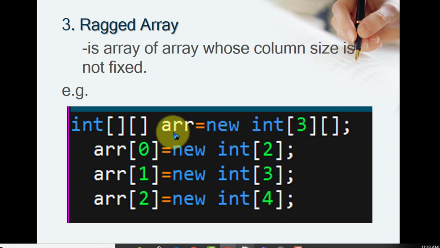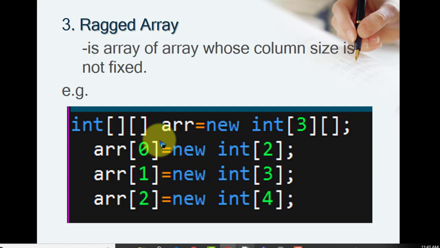So in arr, the zeroth row, that is the first row, has two elements. The number of elements inside the array for each row may differ. That is the difference between a straightforward multi-dimensional array and a ragged array. Here arr[1] has 3 elements and arr[2] has 4 elements.